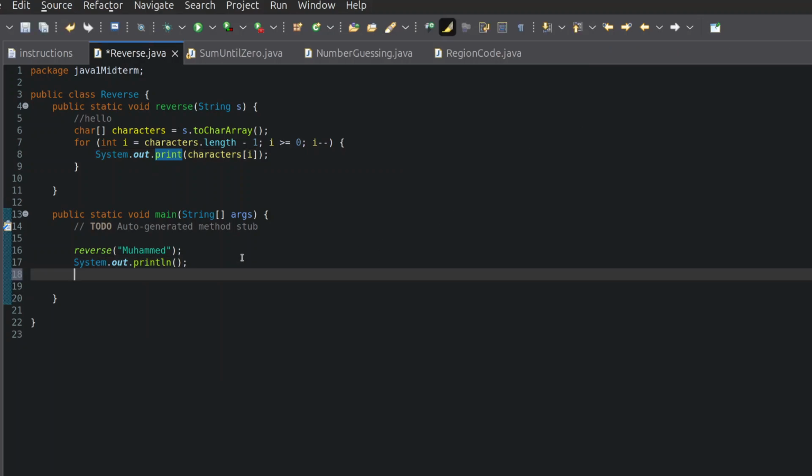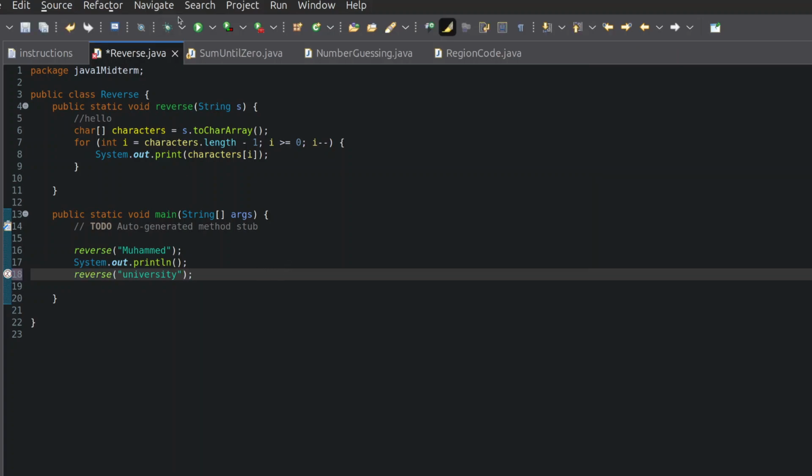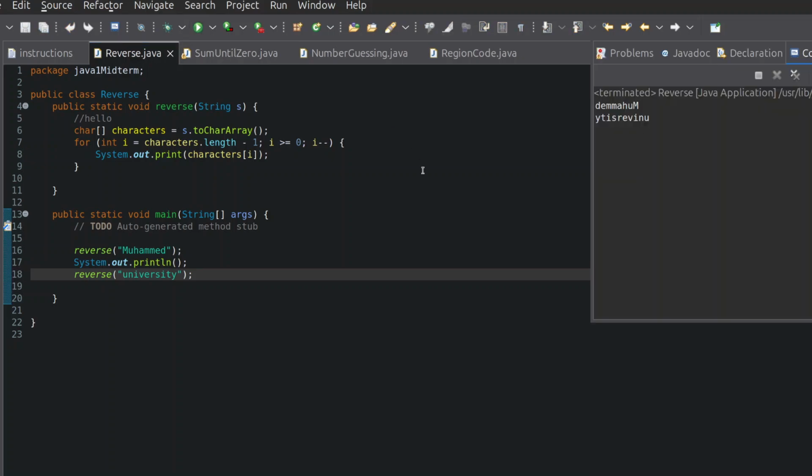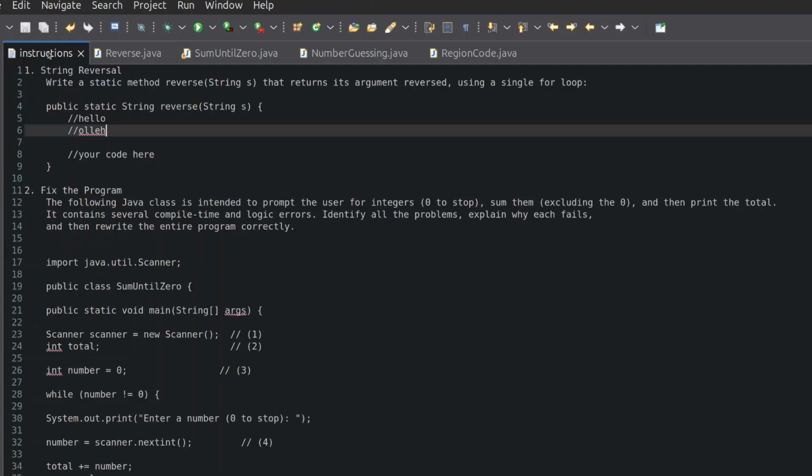Let me use another example. Maybe reverse, what should I use? Maybe university. If I run this, university should be reversed. Oh, sorry, I need to put the semicolon. You see the university is reversed. So basically this one is for the reverse. That's the first problem, and the second problem is